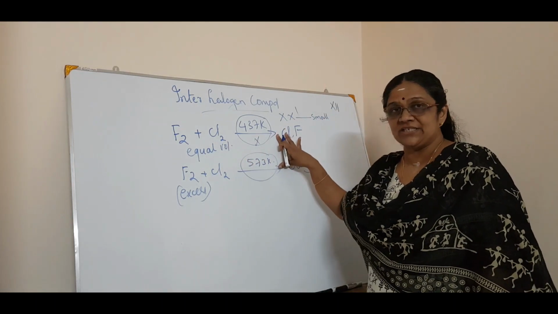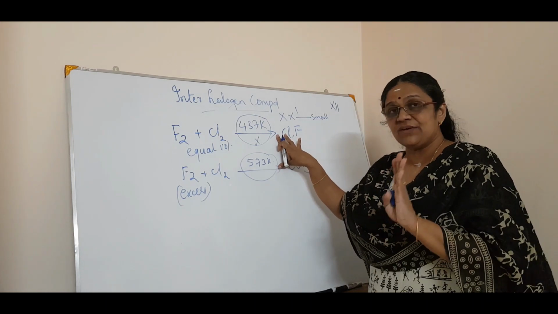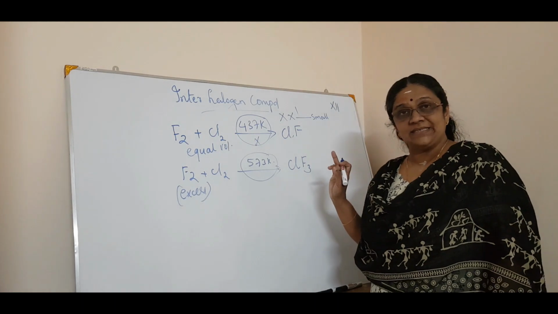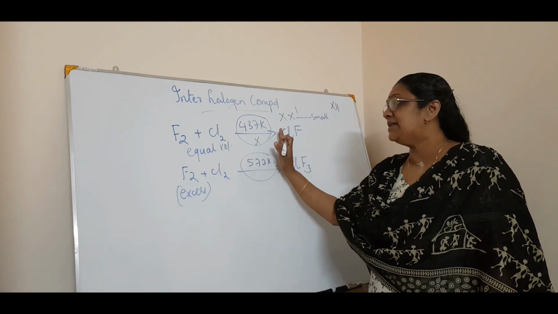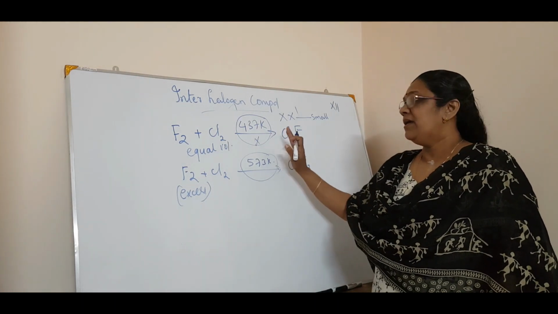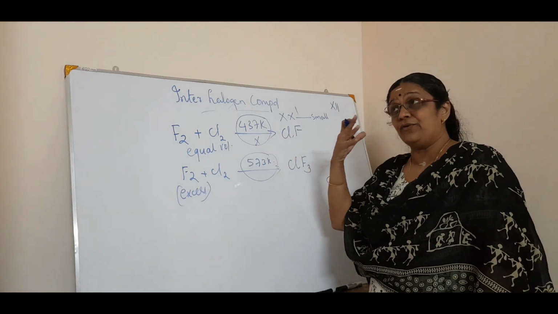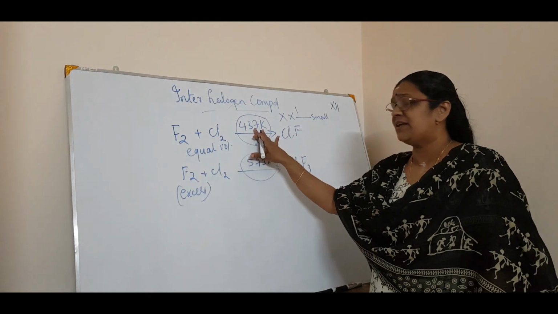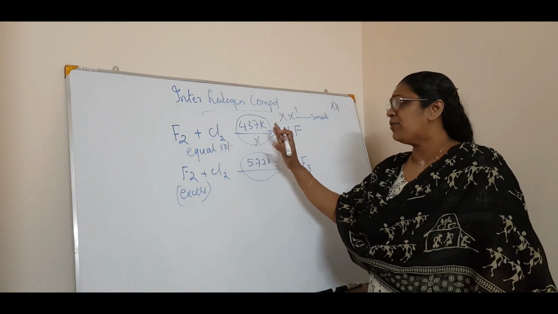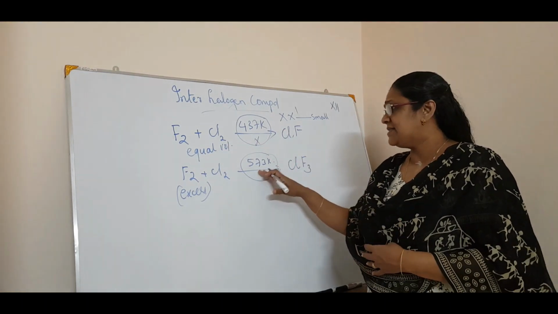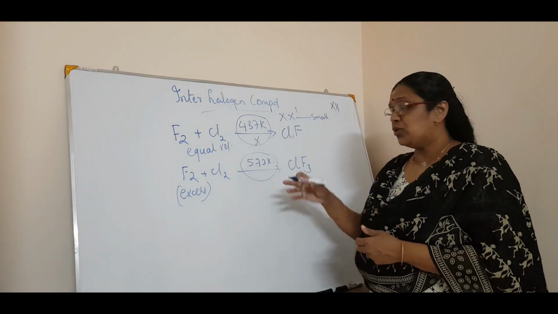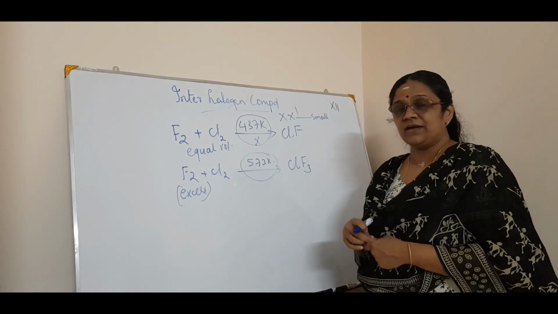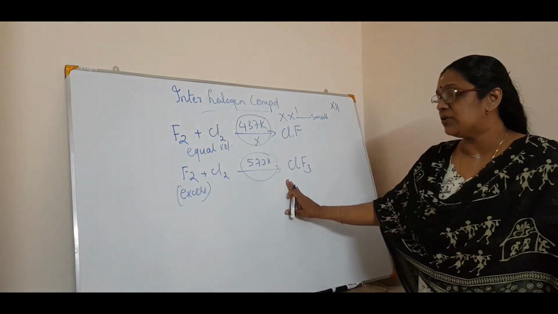Only these two have temperatures. Others don't have temperatures, so it is easy to remember. Only two have temperatures, and that too the chlorine and fluorine interhalogen compounds. So please remember these temperatures. Even if you don't know the exact value, you should have an approximation. 437, so you can approximate to 400 or something like that. And this is 573. You know 273 is our 0 degree Celsius in Kelvin, so we just connect it with that. So this is about the fluorine compounds.